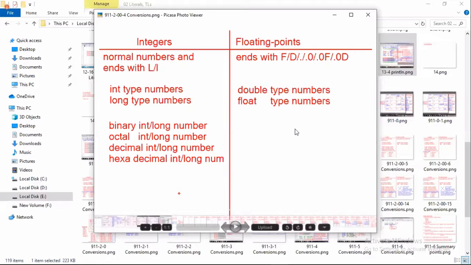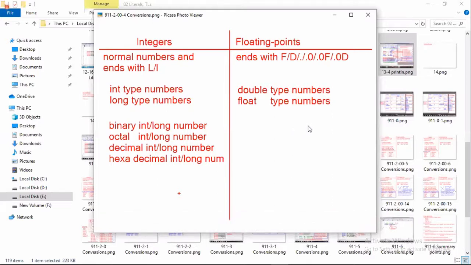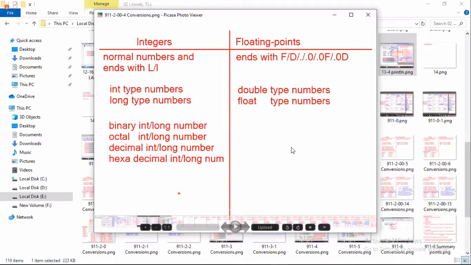Okay, does everyone understand? So now let me give the clarity. If you are asked, what is the default data type of a decimal number, then you have to think carefully before answering. He is saying decimal, from the integer point of view or the floating point point of view.